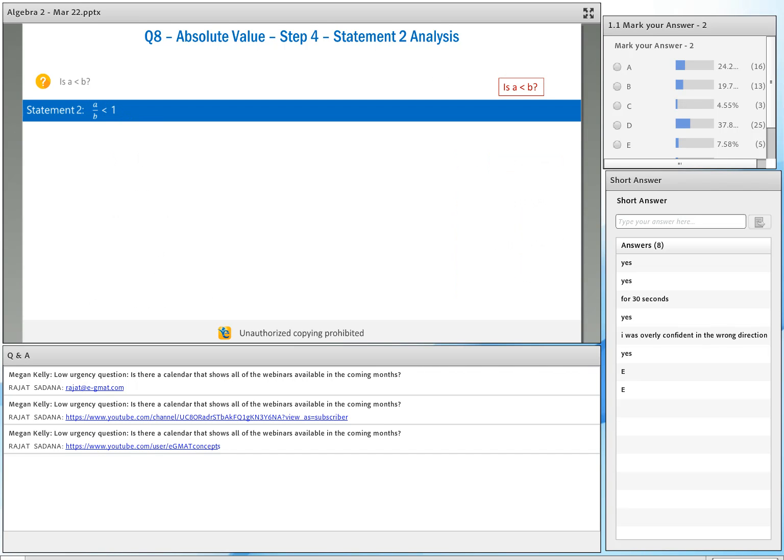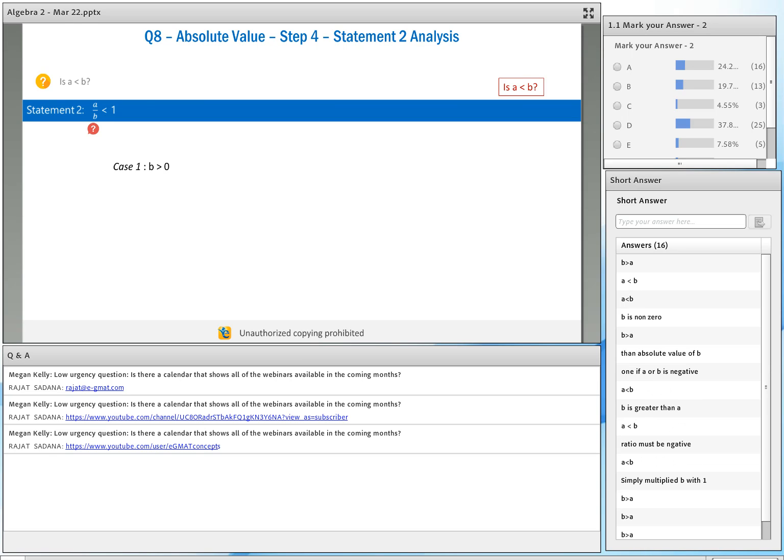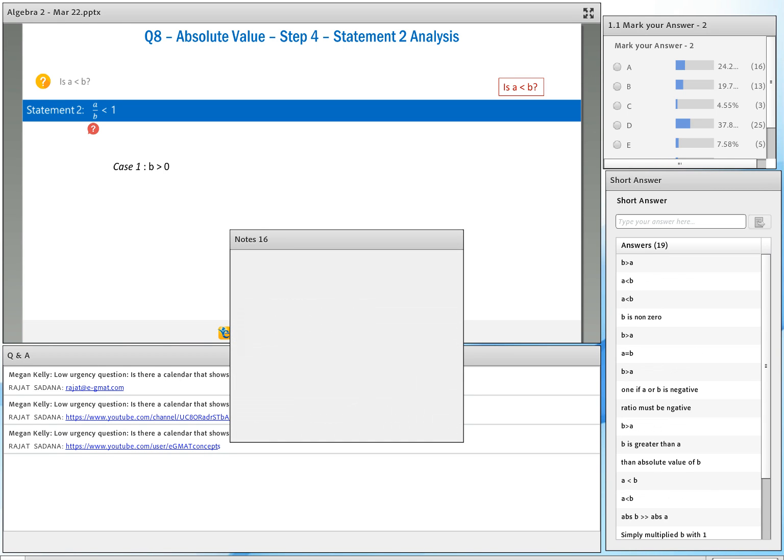So statement 2 says A divided by B is less than 1. In very simple terms, if you just say A divided by B is less than 1, what does that mean? When you say A by B is less than 1, it doesn't mean that A is greater than B or B is greater than A. What one situation does it obviate? With this statement, what you can really say is,